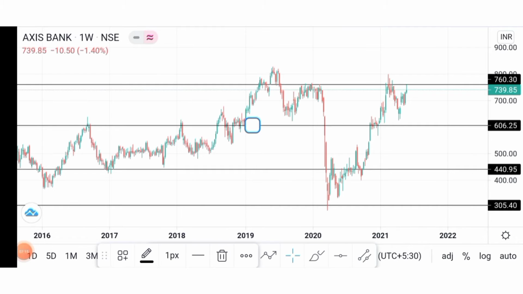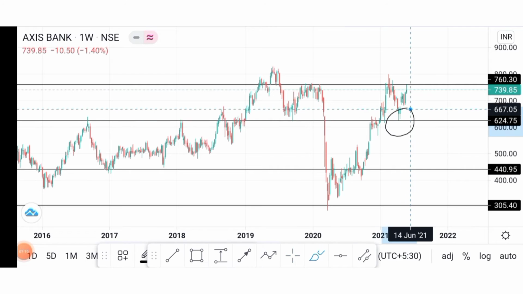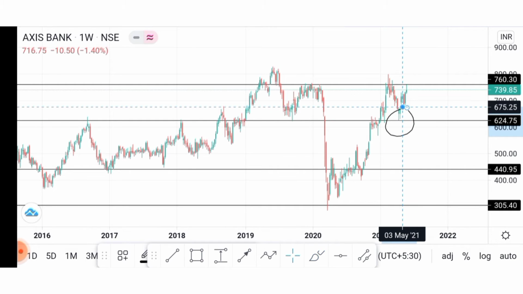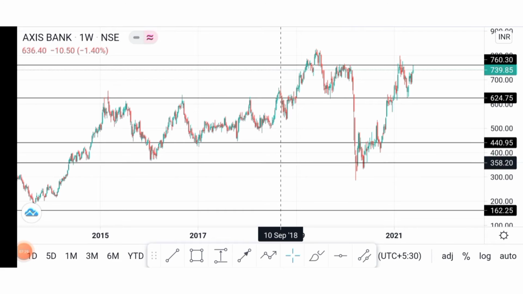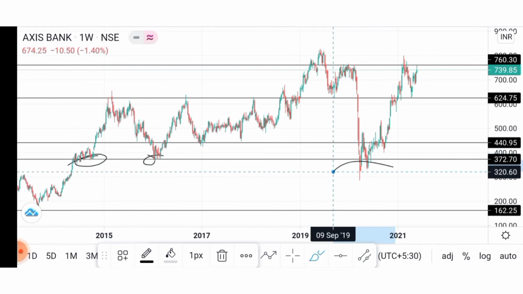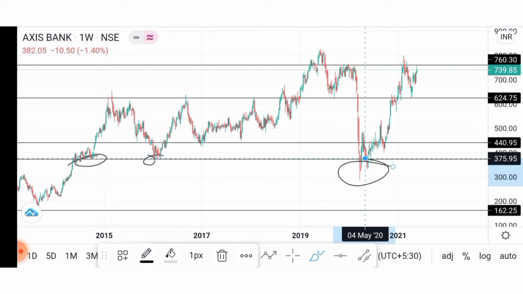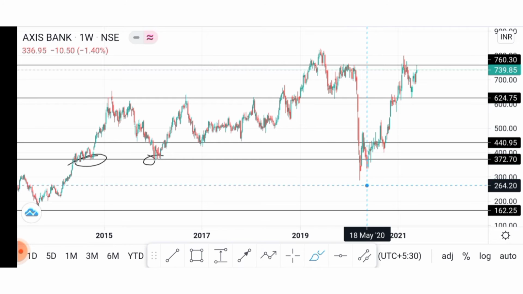And I'll shift this area to just slightly touch this area, because recent price action has more weightage than the previous one. And I'll just shift this line just upside so that I can get these touches and these touches. I'll just skip this because it is just a false breakdown because of the corona crash.